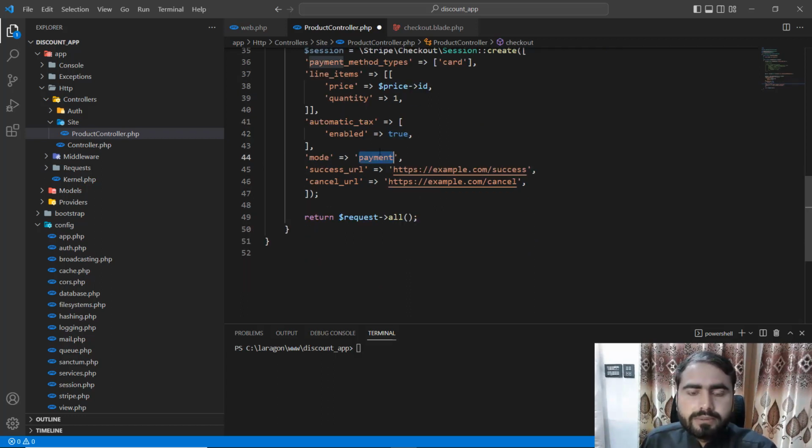So if you want to make this for a subscription, you need to set the parameter used for subscription. By default, a single payment is called the payment attribute, right? So you need to pass payment. I think for the subscription you need to pass a different value, right? Okay, so here we need the success URL